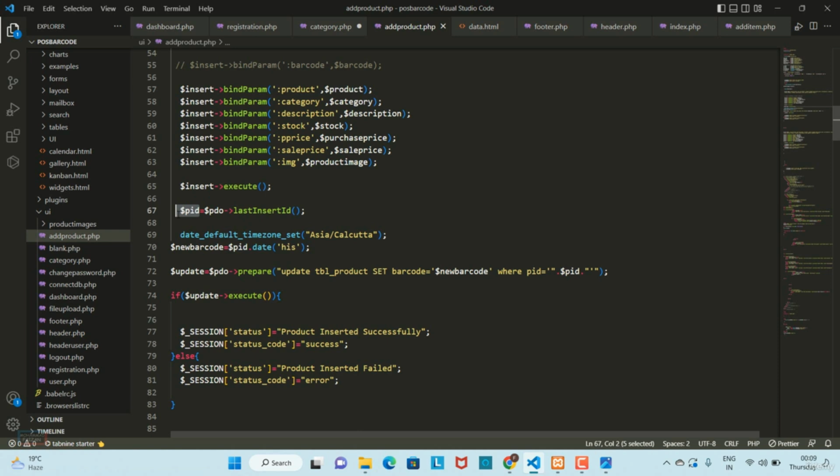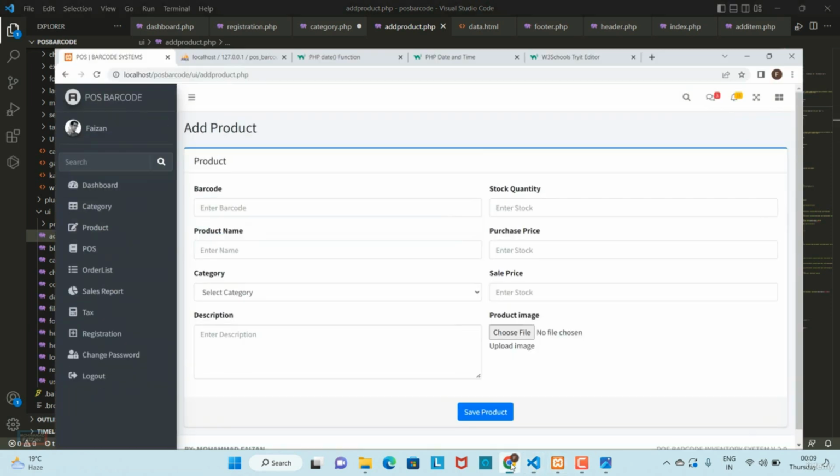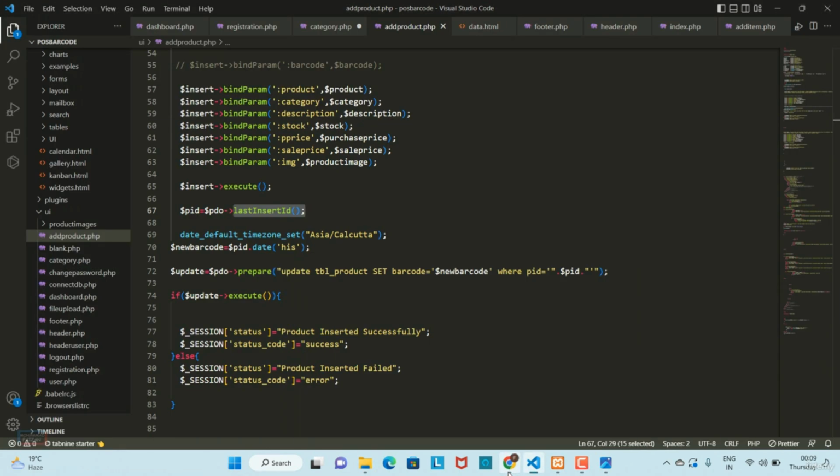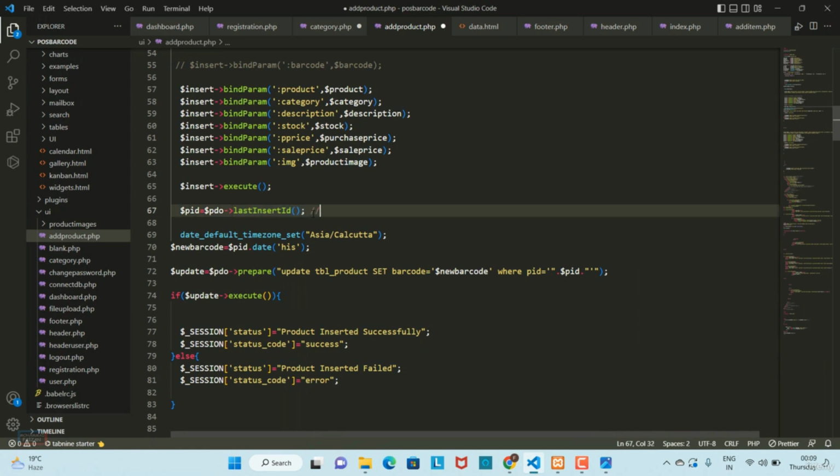which is named $PID. PID means product ID. I am getting the last inserted ID using the last inserted ID method. So which is the last inserted ID? Let me show you. In the database you can see the last inserted ID was 5. The PID is 5 here, and you can see the 5 here also. Let's go to the editor, and after getting the last inserted ID, which is 5,